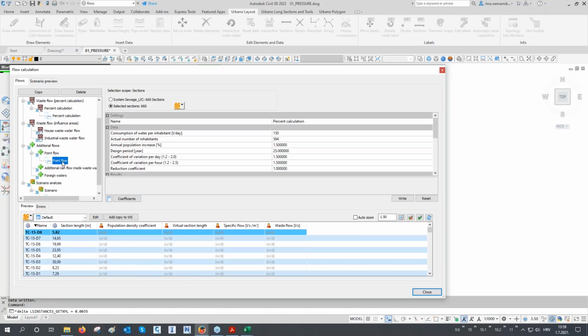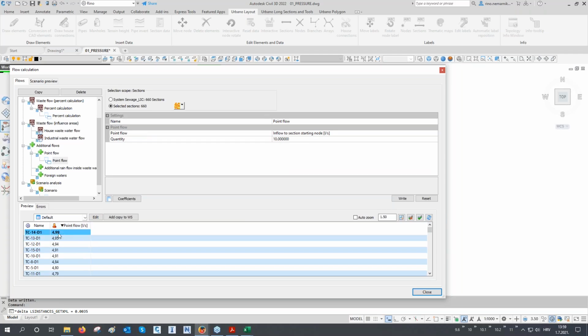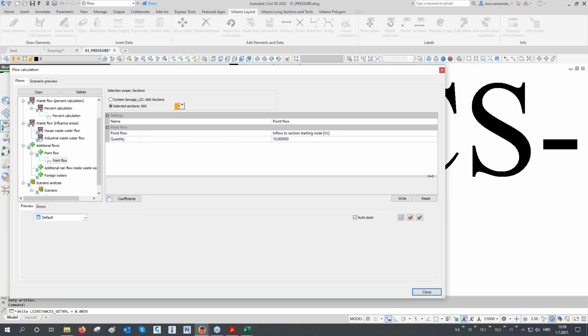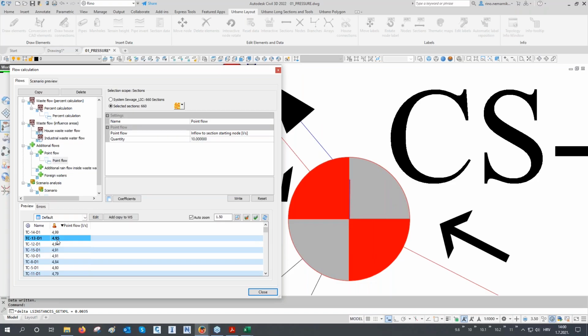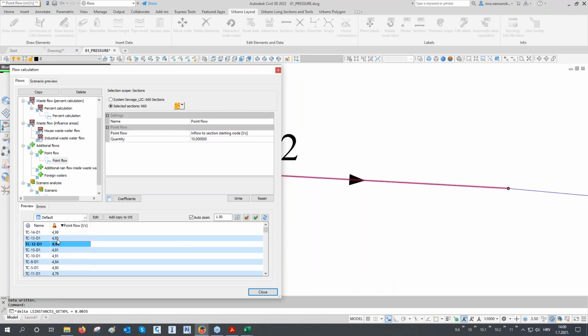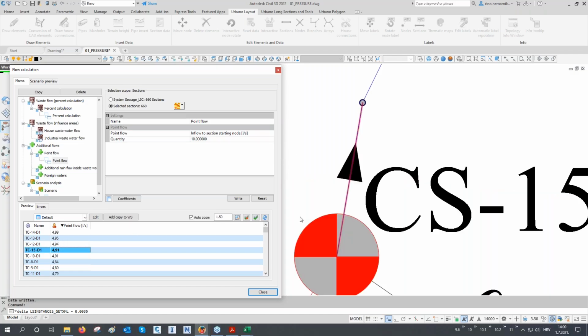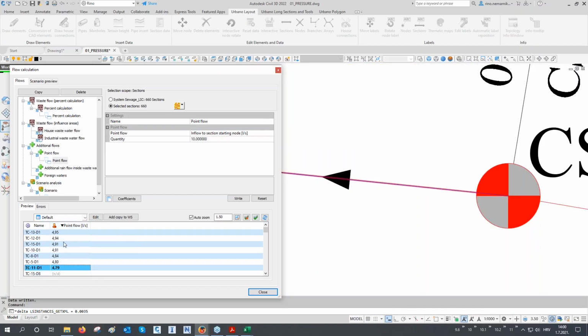And also, I defined some point flows. If we check it, I defined those point flows to the first sections of the pressure pipelines. And why did I do it? Because when I calculated the flows, I got really small flows in some of the pumping stations, in some of the pressure pipelines. So of course I will not size these pressure pipelines to a flow of 0.01 liter per second. So that's why I assigned some point flows so that the total flows,